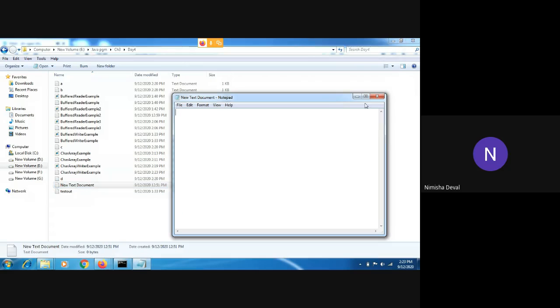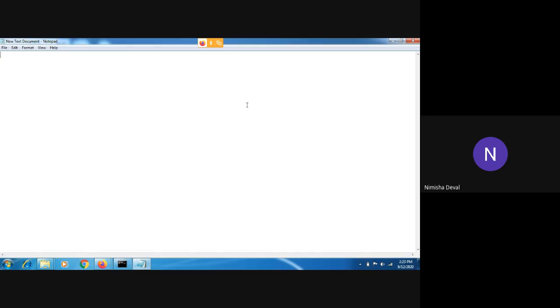So only one point remains from this chapter, that is scanning and formatting. You already know how to scan the data, meaning how to take input from the user. The only part left is related to formatting. So I will write one program here so you can understand it. I will create one class, suppose the name is FormatExample.